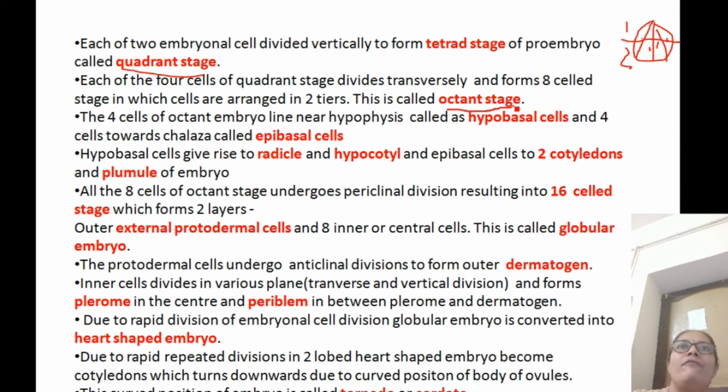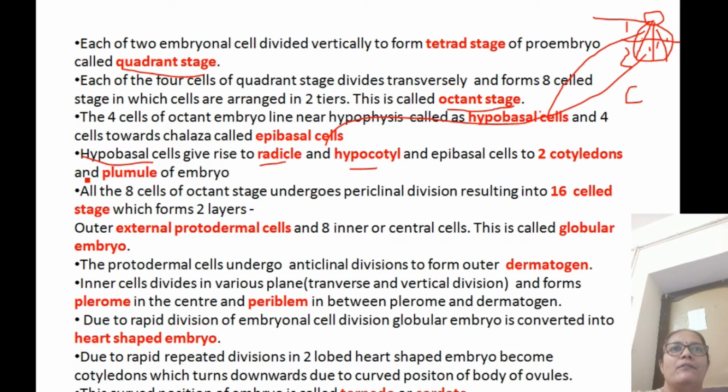All the four cells of octant stage, which is lying towards the hypophysis. This cell was the hypophysis. All the four cells which are lying towards the hypophysis, these are called hypobasal cells. And the cells towards the chalazal end, these are called epibasal cells. These hypobasal cells will give rise to radicle and hypocotyl, and epibasal cells will give rise to two cotyledons and